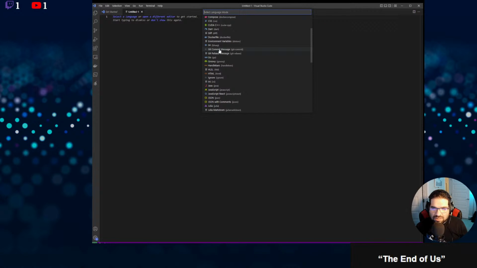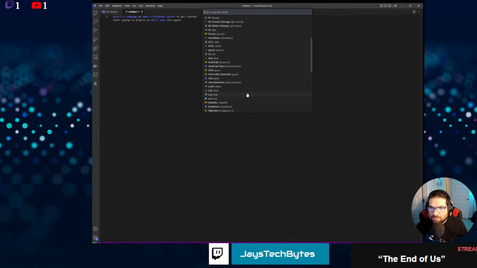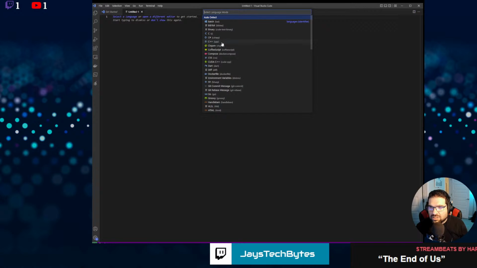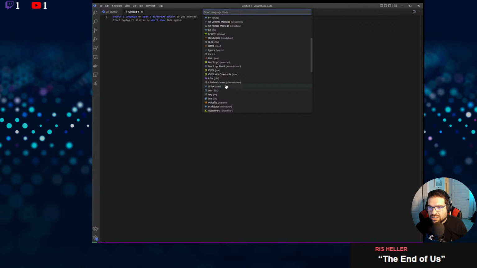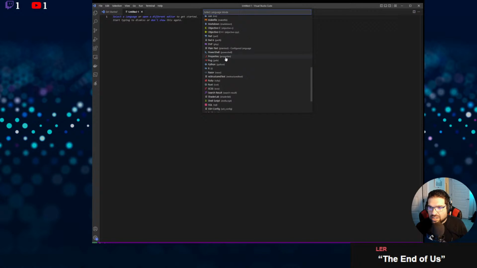Inside of these languages, you have your scripting. You can do batch, Objective C, C++, C Sharp. You can do Docker Compose, Docker File, Git, Go, HTML, Java, JSON, and so on.